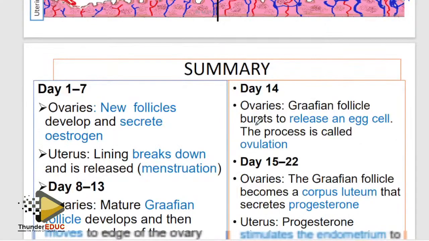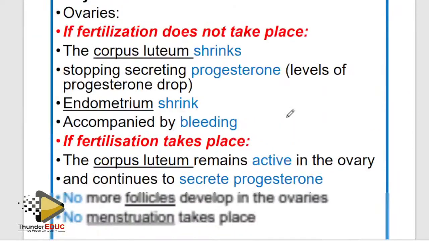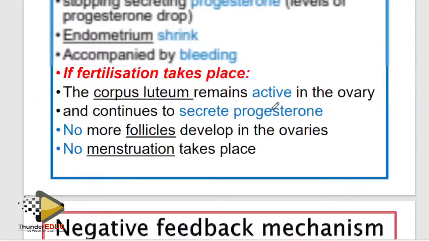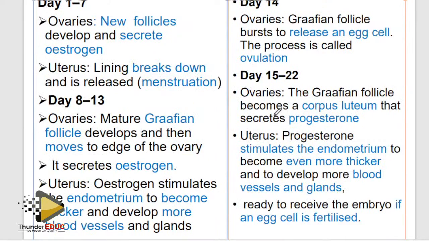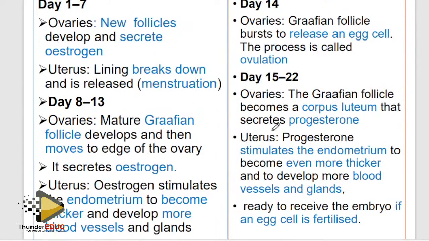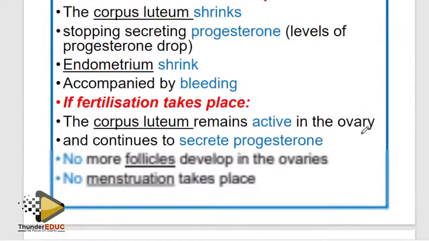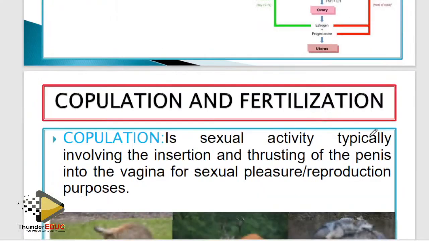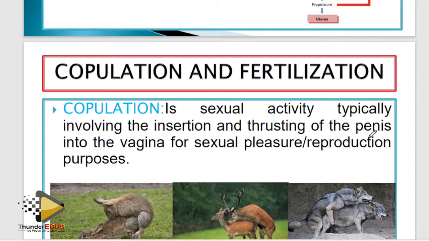I'm going to show you some questions. Negative feedback mechanism. What happens if progesterone levels drop? What is the influence of the decrease in progesterone on follicle-stimulating hormone? They can ask you that question, and they give you 3 marks. Definitely, if progesterone levels decrease, then follicle-stimulating hormone is going to increase. Why? Because the brain is stimulated, showing that the person is not pregnant. Therefore, you're supposed to prepare this person again for pregnancy. That's why if you're pregnant, we don't check anything. A pregnancy test checks the amount of progesterone level in the blood.